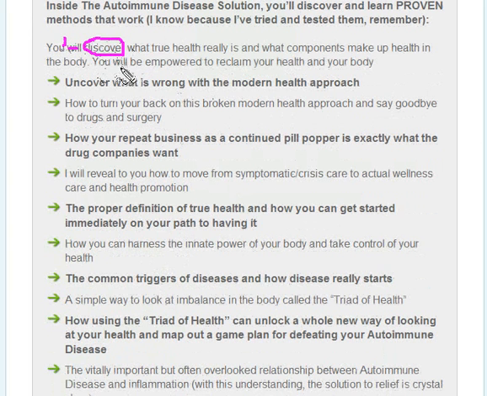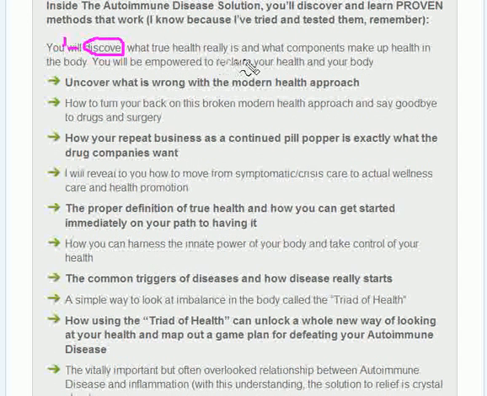You discover. You'll find here revealed. You'll uncover what components make up health in the body. You'll be empowered to reclaim your health and body. Uncover what is wrong with the modern health approach. Okay, now here, for your bullet points,